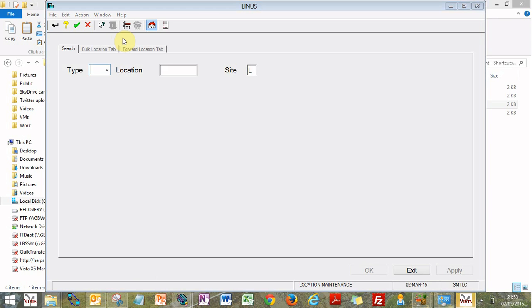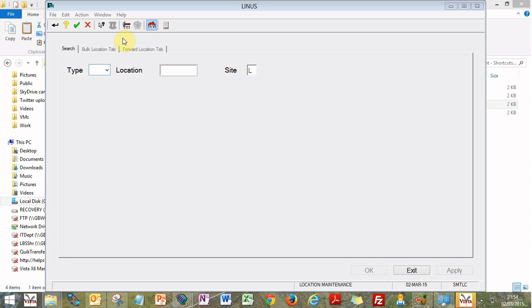The first thing you'll notice is that we skip the parameter screen. We skip the parameter screen because we've passed the site of L and the update equals Y automatically from the menu. Why have we done that? Well, it's a maintenance program. They're always going to want to maintain those. You could have a display mode on the menu, which possibly would be the best way forward. But for the time being, they're just going to want to update, and also the update is really there for